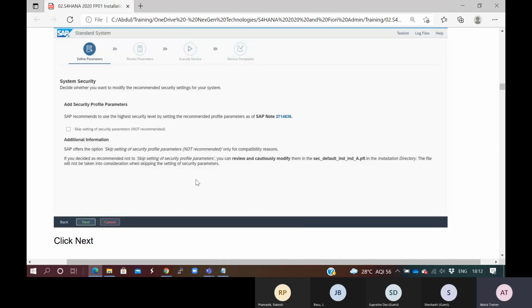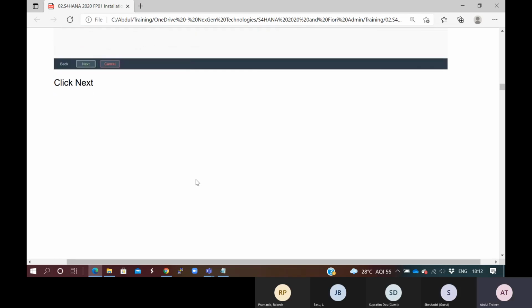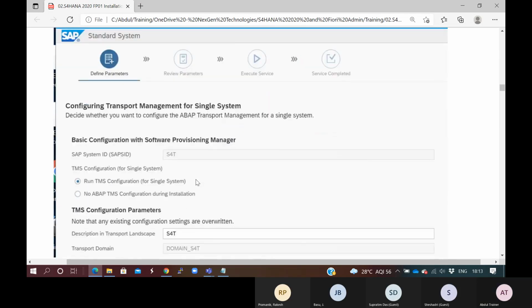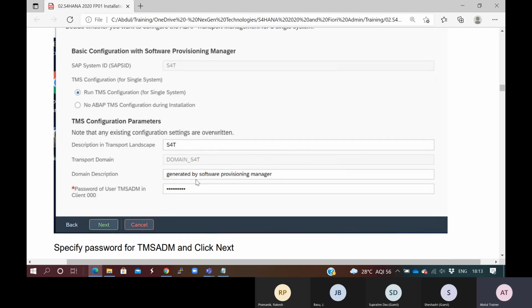Then yeah, so don't do anything here. Keep it default. Okay. Click next. And then here, if you want to configure the TMS during the installation, then you select run TMS configuration